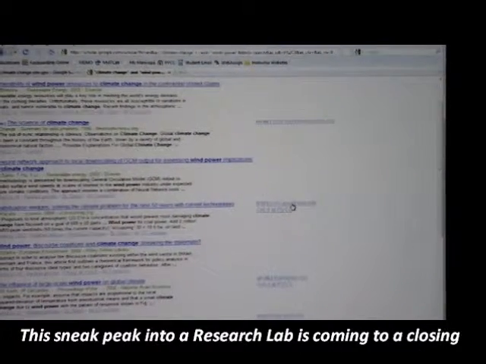Let's put in and maybe, yeah, let's say wind power. And the science of climate change. This is in HTML format from friendsofscience.org. Here's one from evergreen.edu. So that